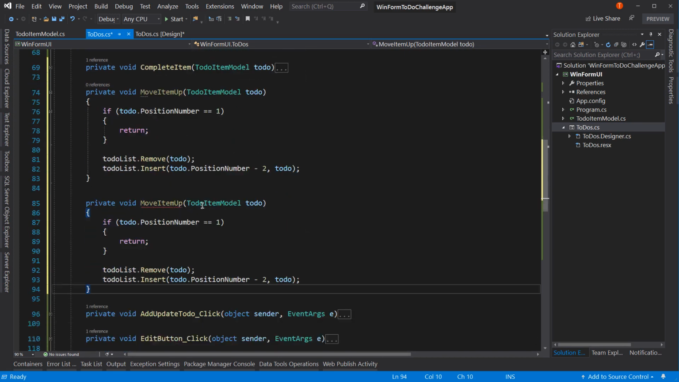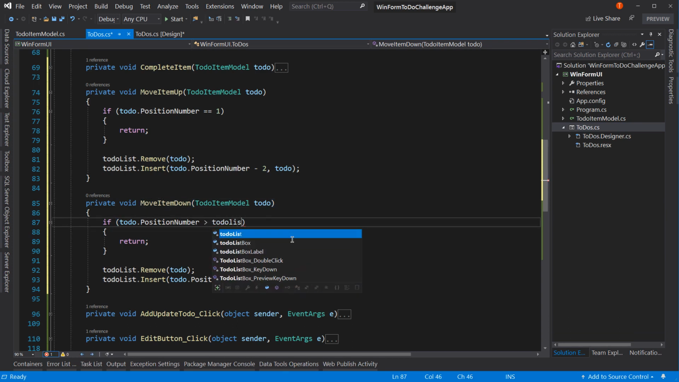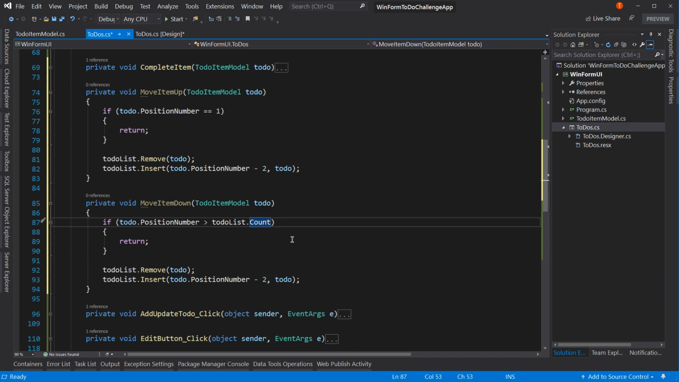So move item down is going to be: if position number is, let's just say, greater than toDoList.Count. So the count, let's say there's 3 items. The count will be 3. Well, we have positions 1, 2, and 3. So if the position number is actually equal to count, means the count's actually plus 1. So if it's equal to the count, that means that it's the top position. We can't move it